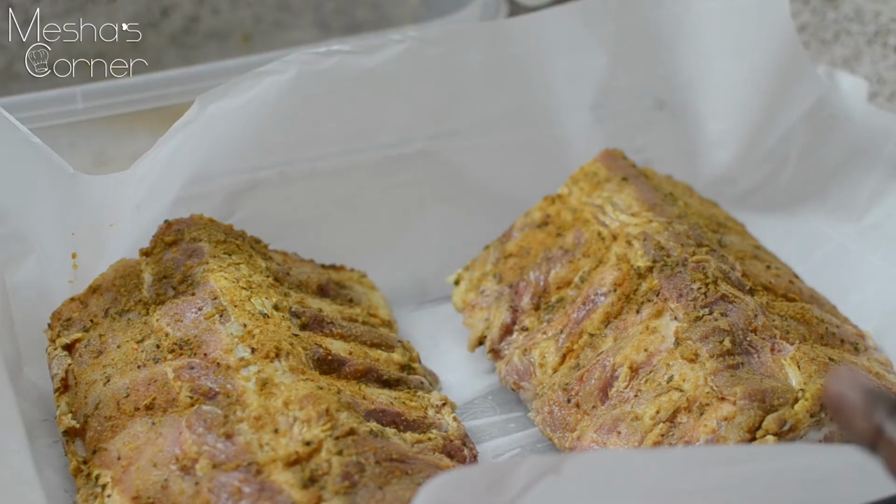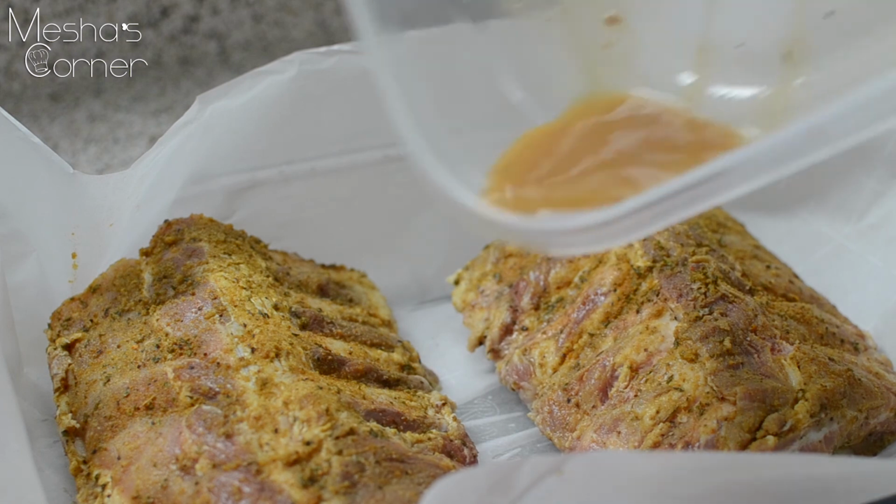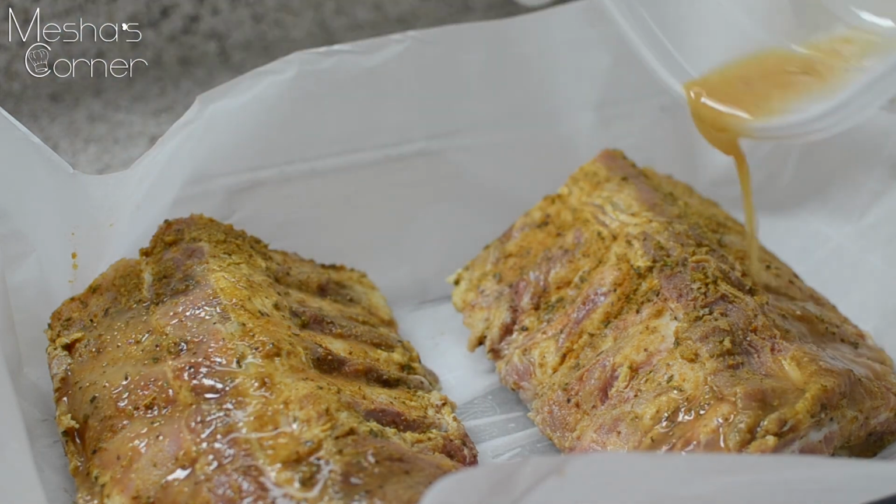Alright you guys, so this is my ribs right here. I slice it straight down the middle. I'm going to cover this and put it in the oven and allow it to cook until nice and tender. Then I'm going to remove the cover, start basting, crank the heat up so we can get a nice crust on there. This is just the pan